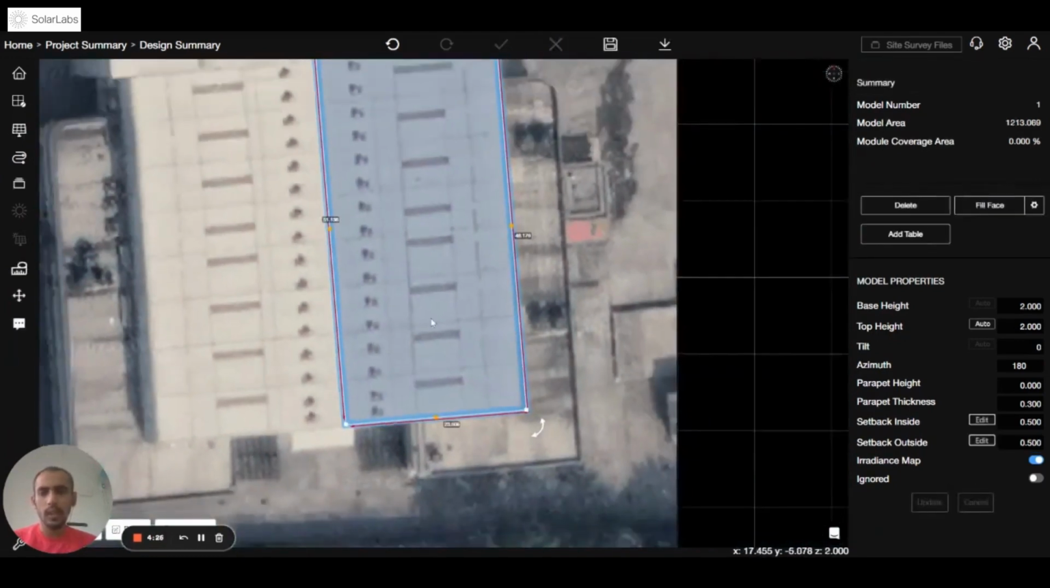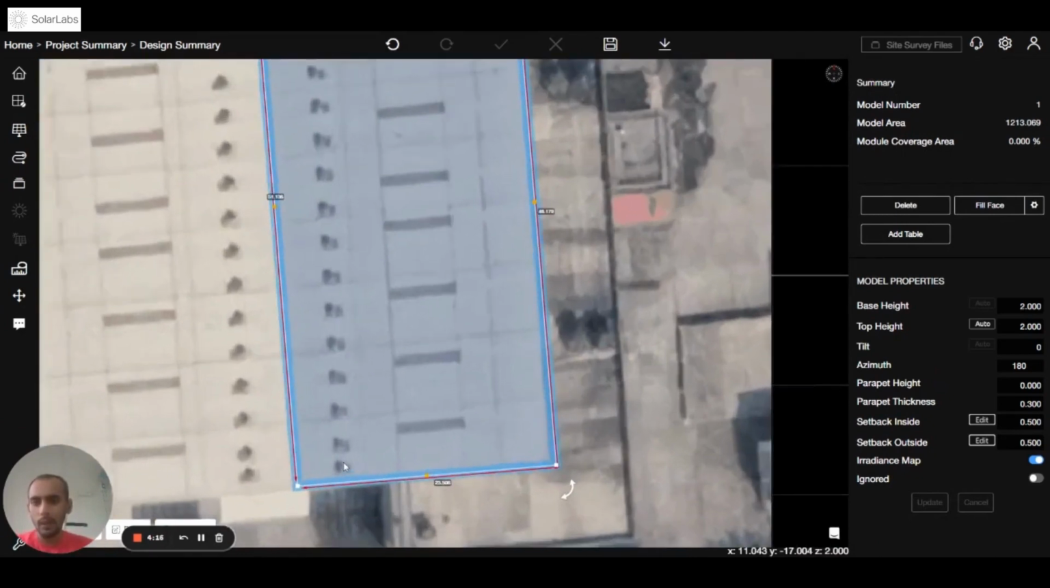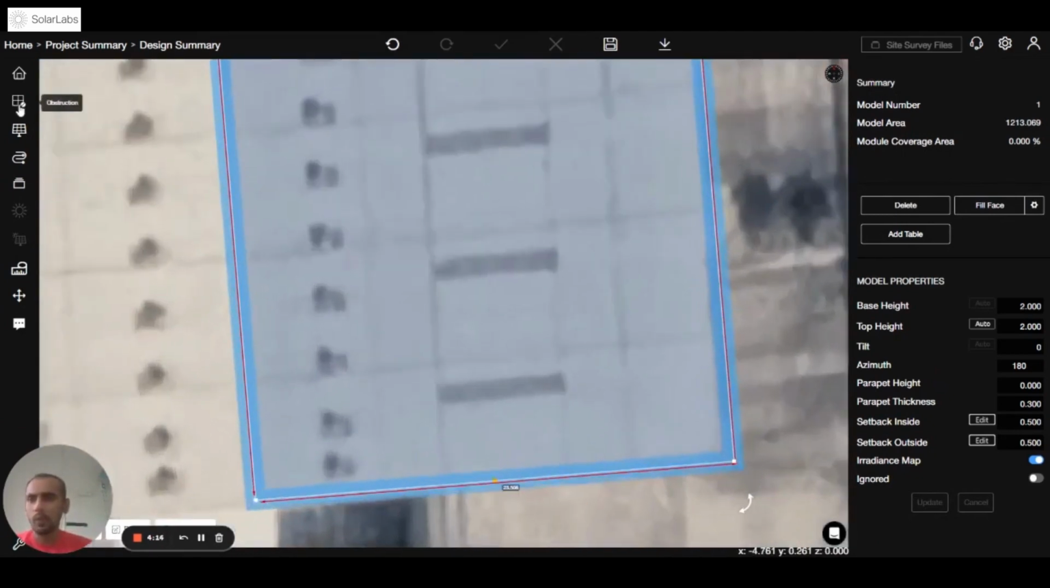I will hit enter for the last line. Now the boundary is completed. I have marked half of the boundary because the other half is the mirror, right? So I have marked the boundary with the help of the flat roof. I will go to the obstruction,